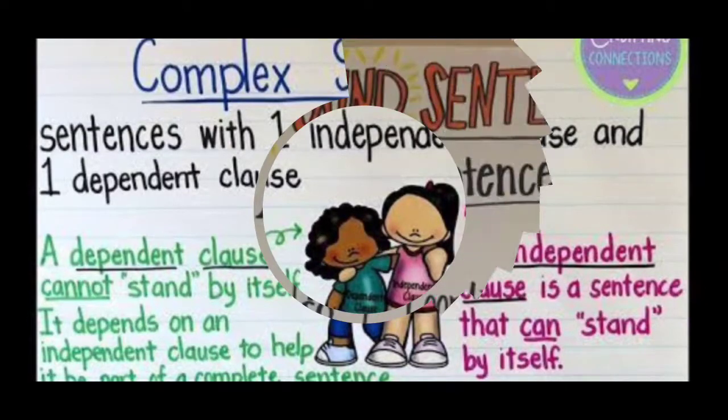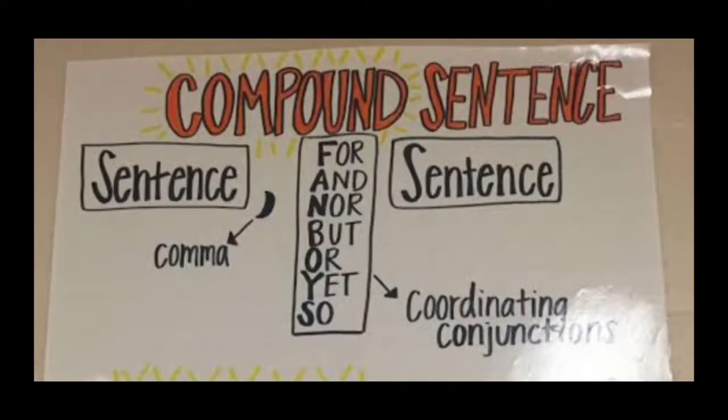So children, a compound sentence starts with a simple sentence, that is, an independent clause, comma, coordinating conjunction, that is, FANBOYS, plus another independent clause. This is the structure of a compound sentence, children. Don't forget it. First, for a compound sentence, you need to start with an independent clause, that is, a main clause, with complete sense, meaning.